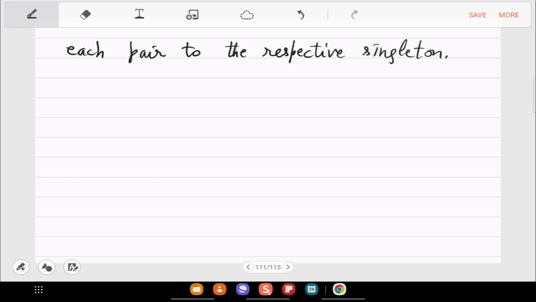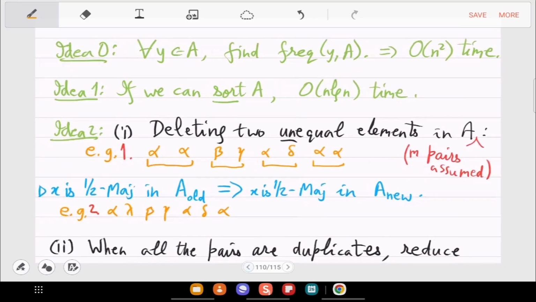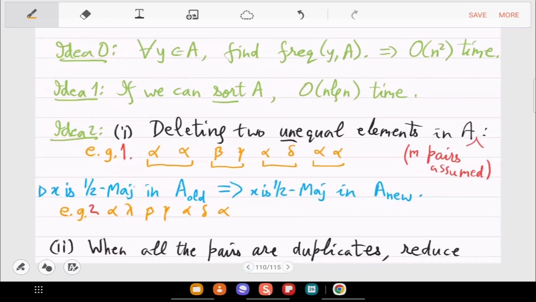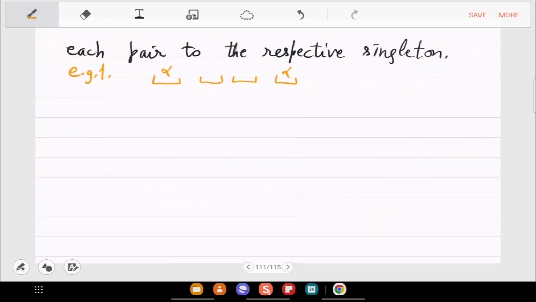Right, so the example 1 again will become, so now the first pair has become just alpha, the last pair has just become alpha, and these have become empty. Okay? So these are the 2 operations on the array.